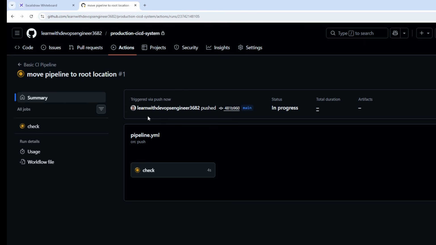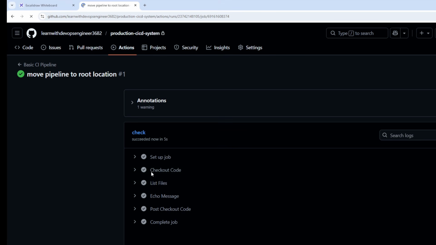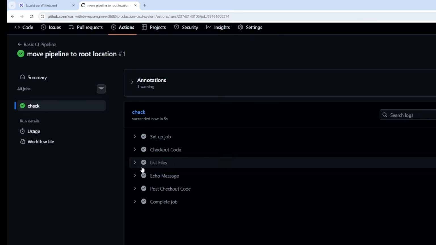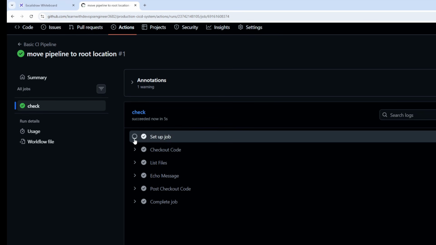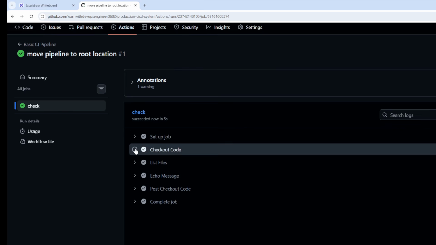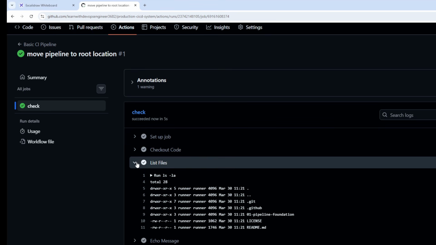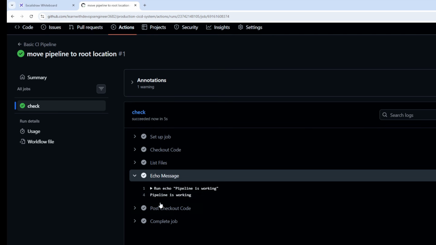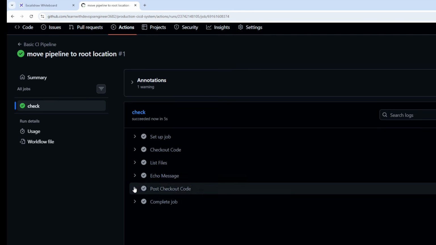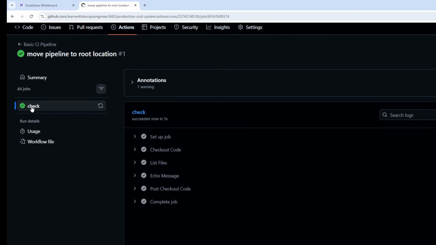Let me open the pipeline real quick. It's running and also it passed. Let me open the pipeline steps. Setup job looks fine. Checkout code, listing files, echo message, printing. Everything looks green. If you look at the pipeline, it's green,